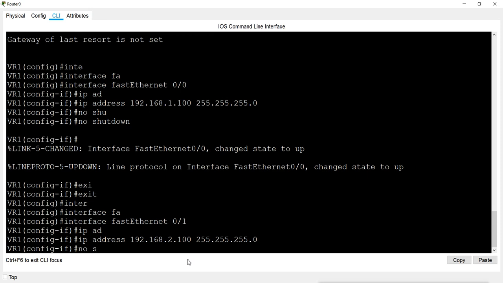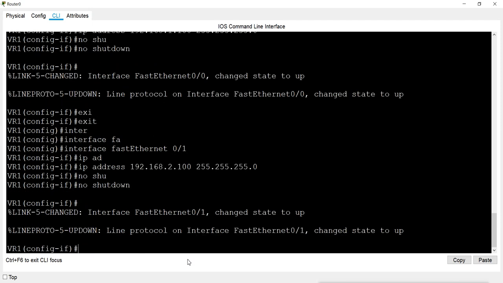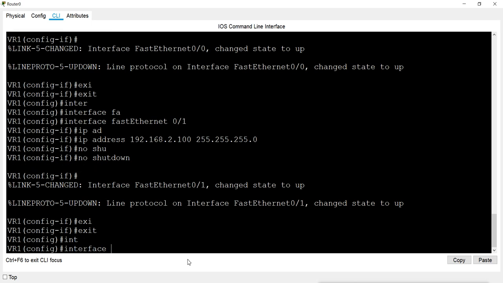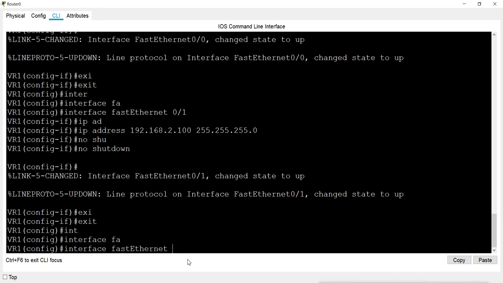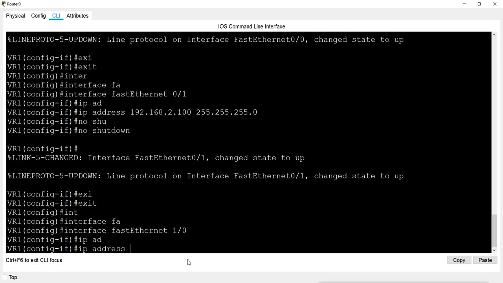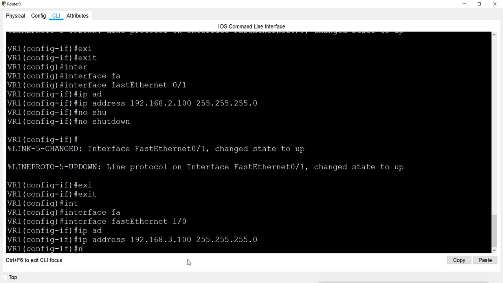And again I will say no shutdown so that it will enable. Then I will go to the third interface, Fast Ethernet 1/0, with the IP address for the third VLAN, which is 3.100, and no shutdown.